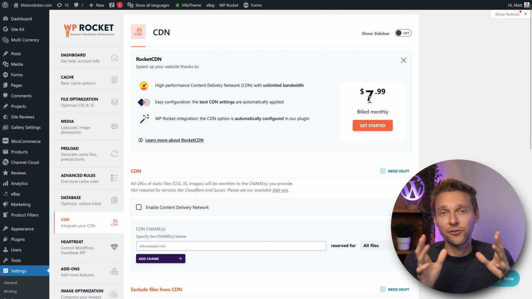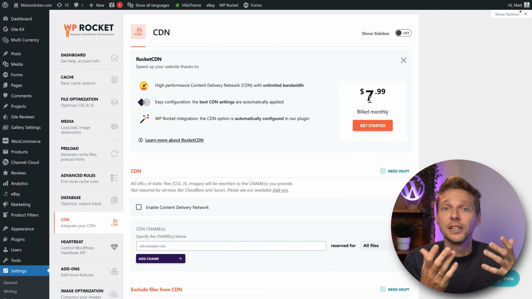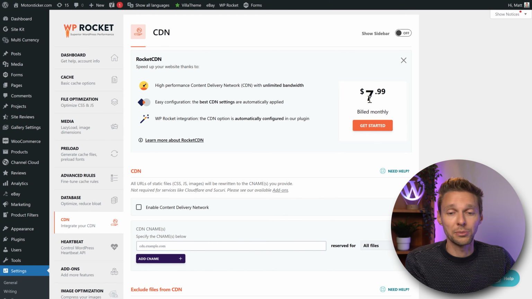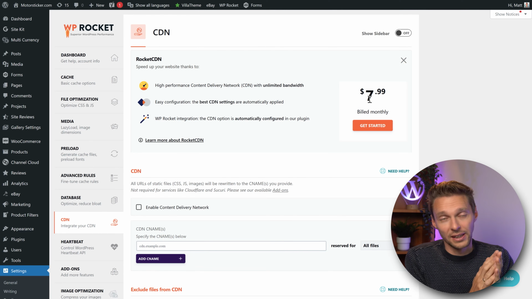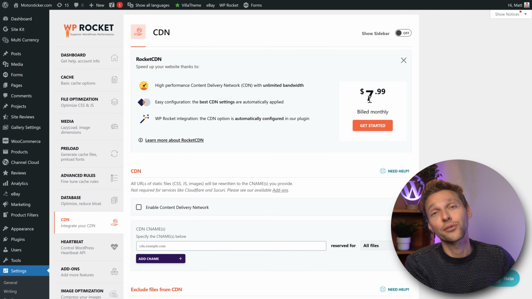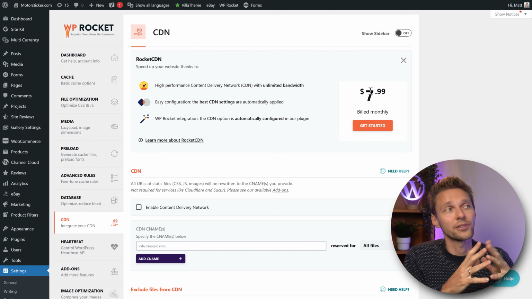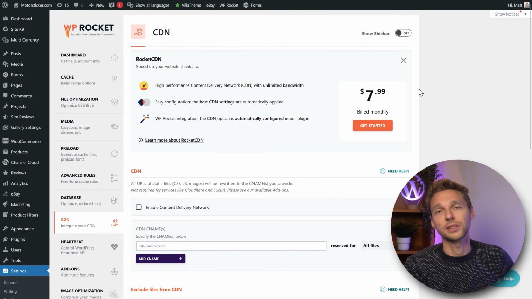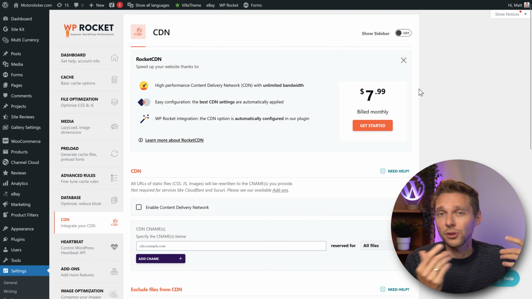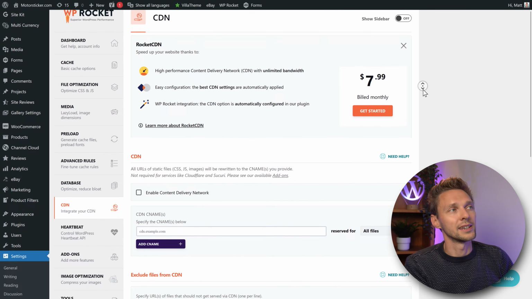And then your website files are stored in all different kinds of servers around the world. So then your files will be downloaded from the server nearest to the person. And yes, this will definitely save some time. I've set it up for different customers and it definitely did improve their load speed and their users' experience. You might want to consider it. If you only have visitors from your own country, don't bother, just leave it like this and then it's okay.